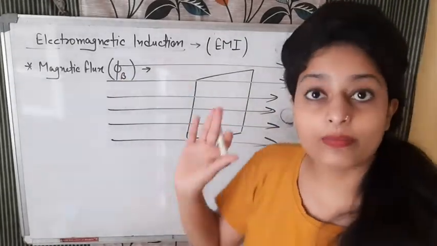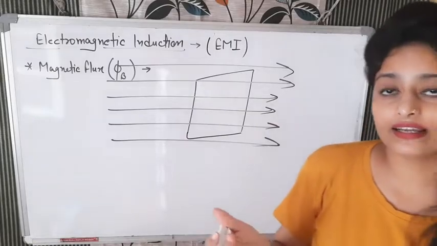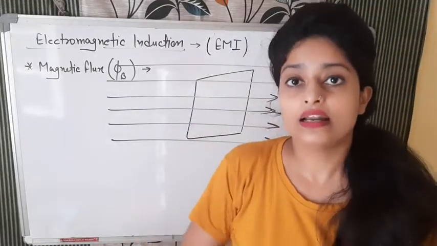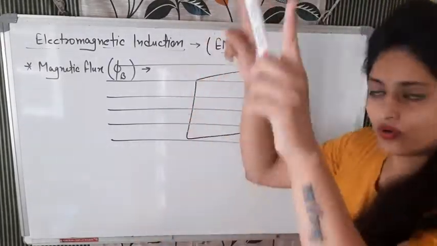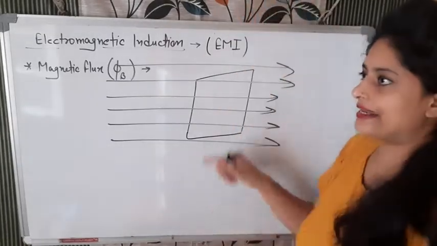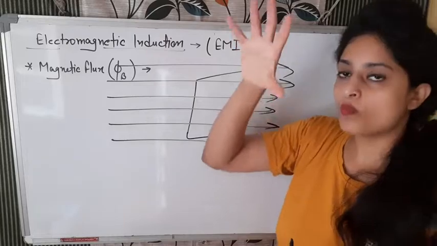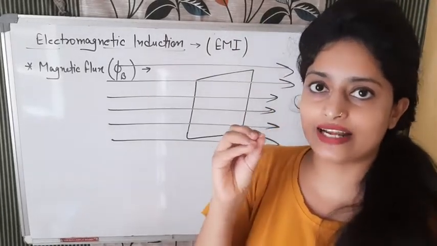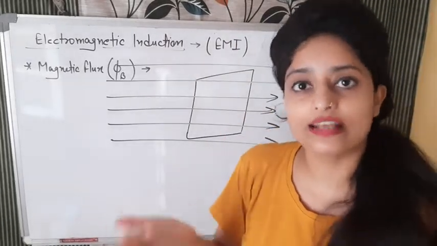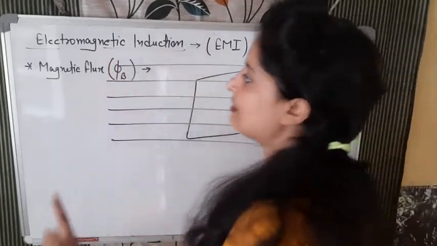ये समझ में आया कि मैग्नेटिक फ्लक्स को डिफाइन कैसे करेंगे. मैग्नेटिक फ्लक्स मींस व्हाट? नंबर ऑफ मैग्नेटिक फील्ड लाइंस जो उस एरिया को क्रॉस कर रही है. फॉर एग्जांपल, दिस इज द एरिया and from here magnetic field lines are going perpendicular to this. So more will be the number of magnetic field lines, more will be the magnetic flux. So phi B depends on which factor?